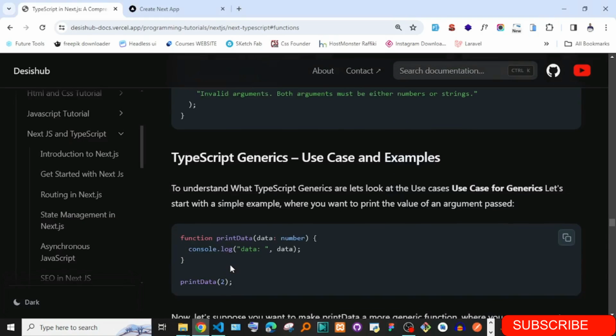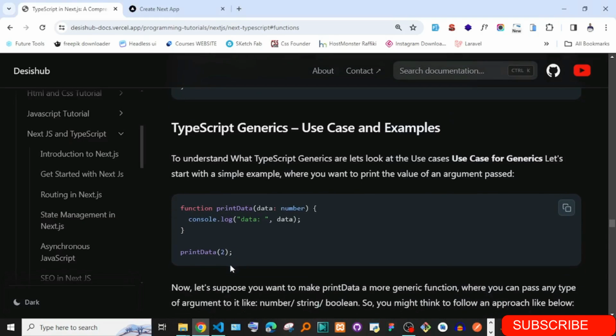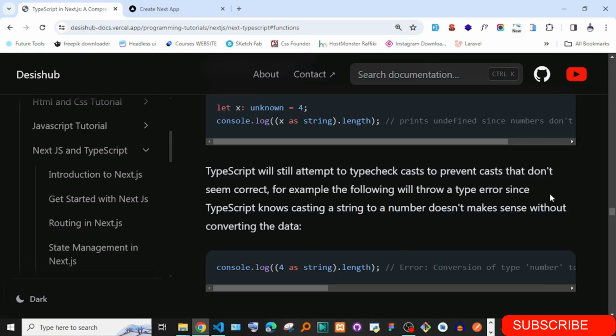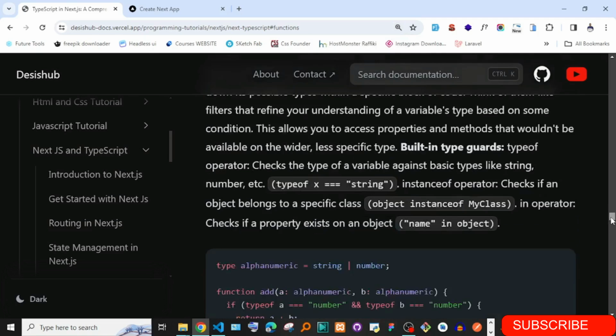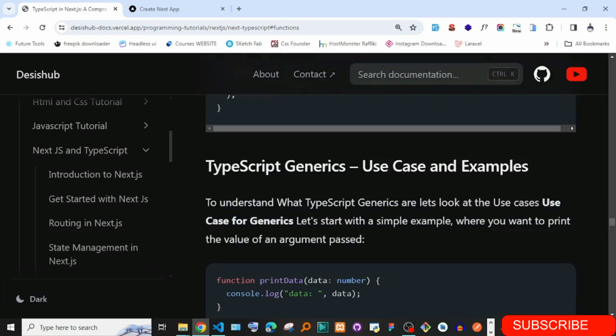Okay, so the last concept I think we're going to look at is TypeScript generics. Now most people don't actually understand this. It is like the most complicated concept in TypeScript. I find most people googling it, and even me, I was googling it over and over. I tried to make more notes on it so that you actually understand it really well. So let me zoom in so that we look at what is going on. TypeScript generics.